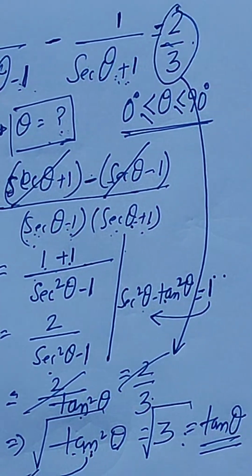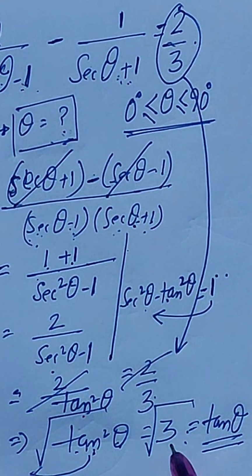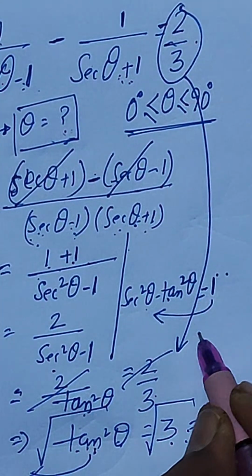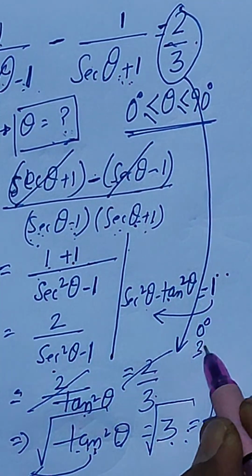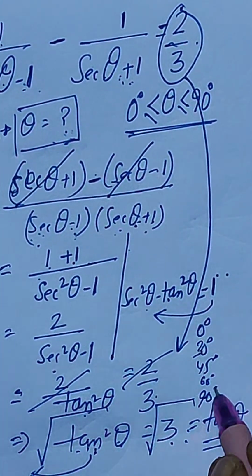You can see tan theta is coming as root 3. And when will tan theta be root 3? It will be at 60 degrees, isn't it? Because if you remember the values for 0 degree, 30 degree, 45 degree, 60 degree and 90 degree, for tan,